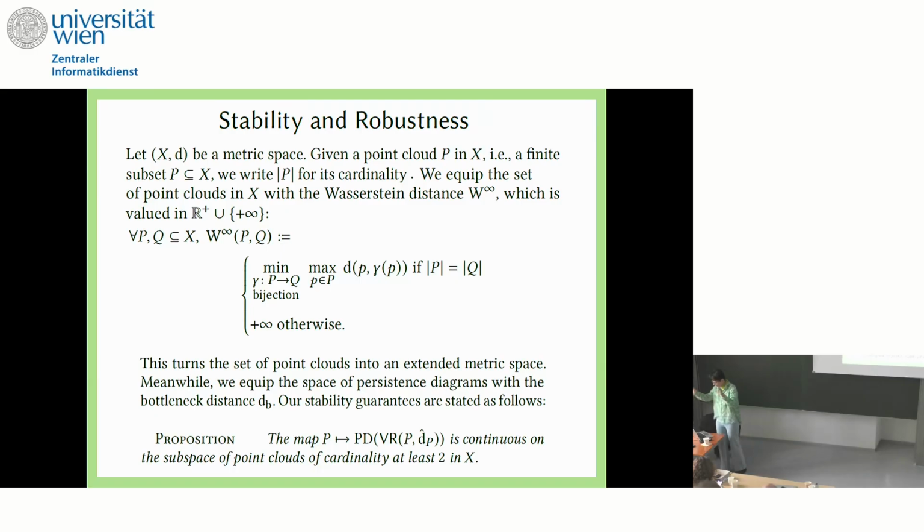Continuous in the topology induced by the Gromov-Wasserstein distance on finite metric spaces. So this is the kind of stability result that we have, to say that it would be meaningful to use them for any